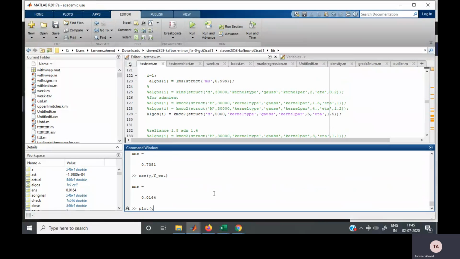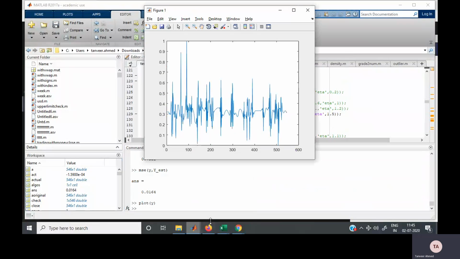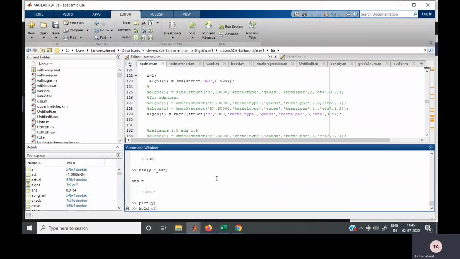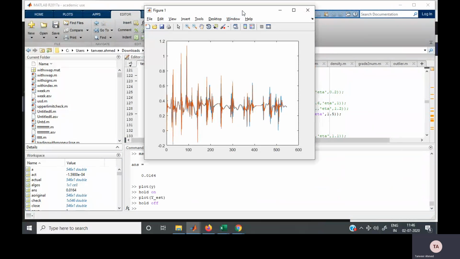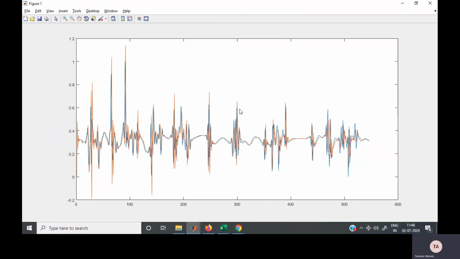You want to see the plots? So let's say plot Y. This is my real value, by the way. And let me do a hold on. Plot Y underscore estimate. And let me put hold off. And that's it. This is the graph of the real value and the predicted value.